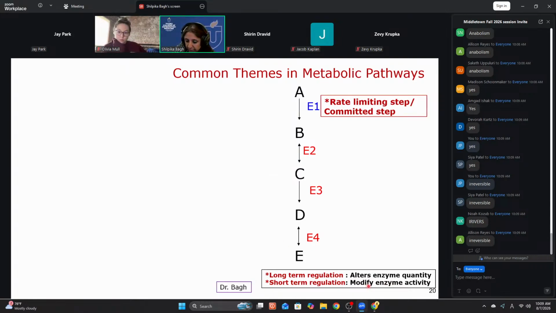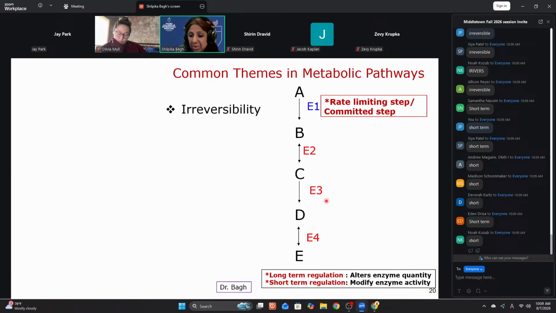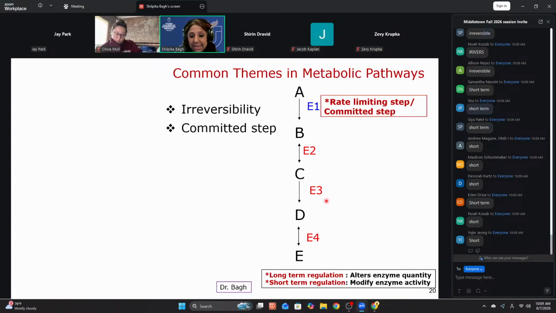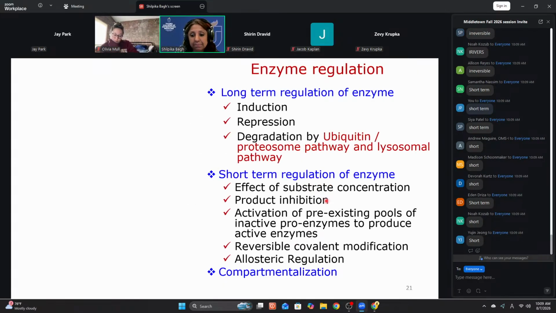Now, which one of them alters enzyme activity, long term or short term? Which one is short term? So you got to be clear with the mechanism and basics in this exam, but also connect clinically at the end. Don't forget that. So you're very well aware of long term versus short term. It's the short term that affects enzyme activity, not long term. Also, please know some of the examples.